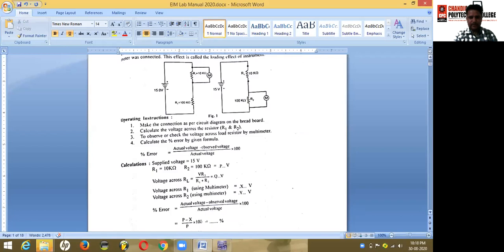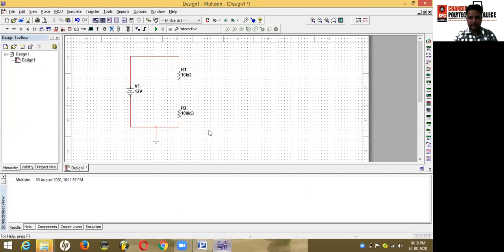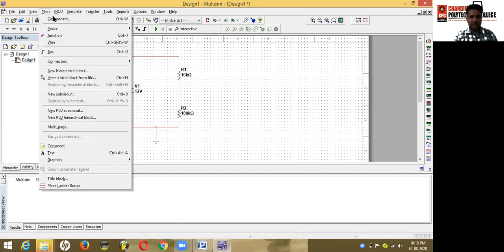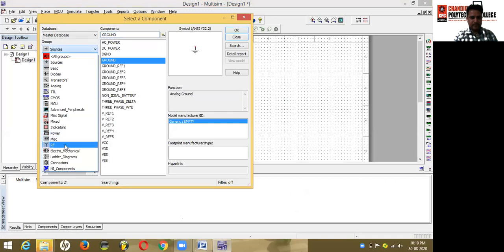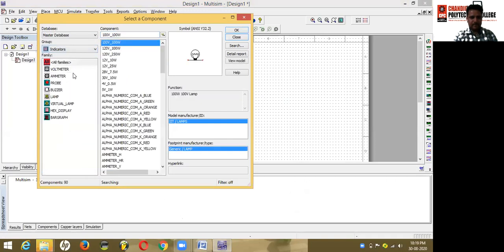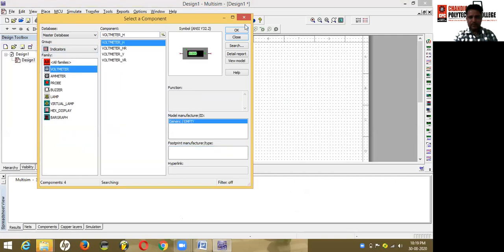Here are some operating instructions and calculations that we will perform in our experiment. Also we need a voltmeter to check the voltage across R1 and R2. Again we will go to component, we will take a voltmeter here.